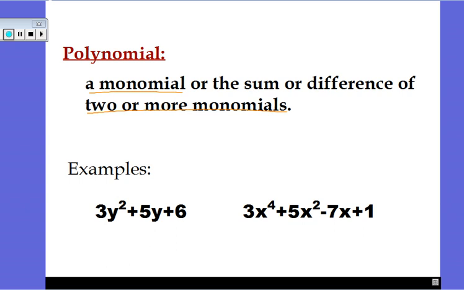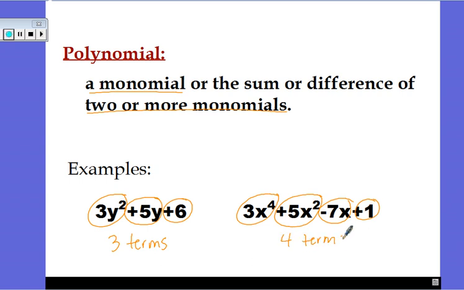3y squared plus 5y plus 6. If we count our terms, we see that this one has 3 terms, so that is 2 or more monomials added together. The next one, we've got 3x to the 4th plus 5x squared minus 7x plus 1. If we count our terms, here we have 4 terms, so we consider that a polynomial. All right, so now let's talk about